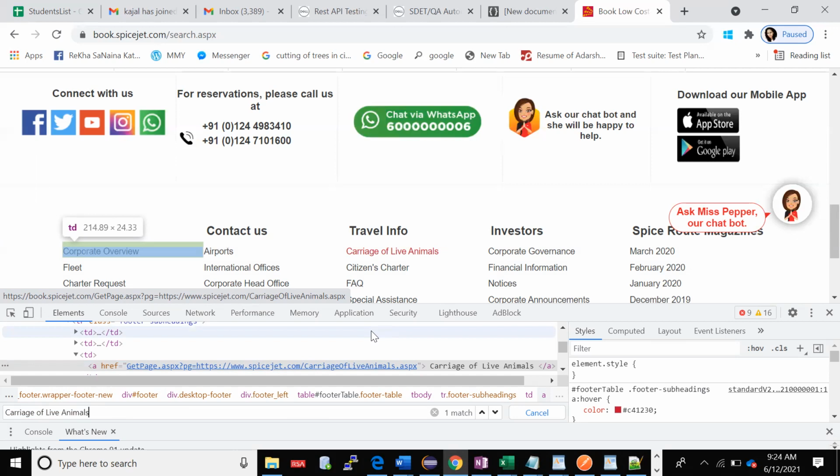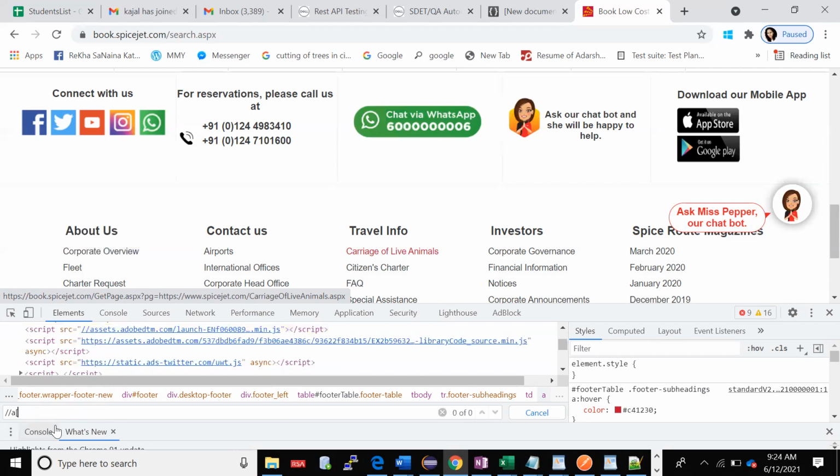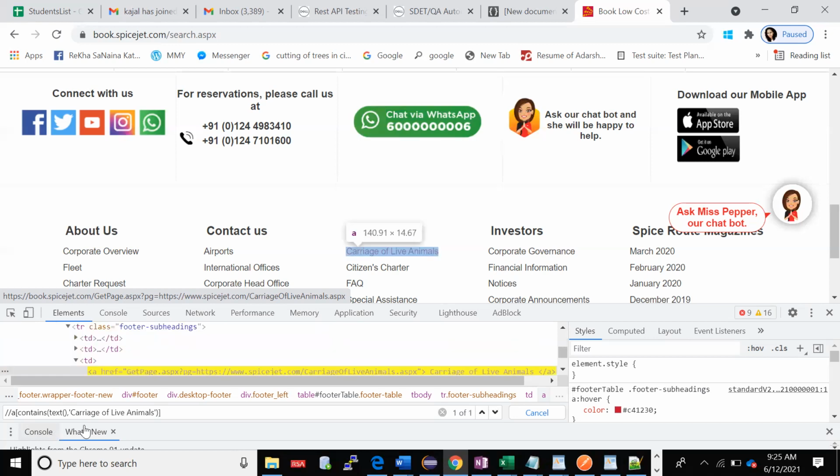Tell me the full value. Contains text, comma, and then that value. Single slash. This one? No. Square bracket closer. We have found that.